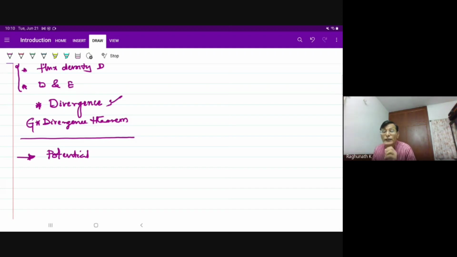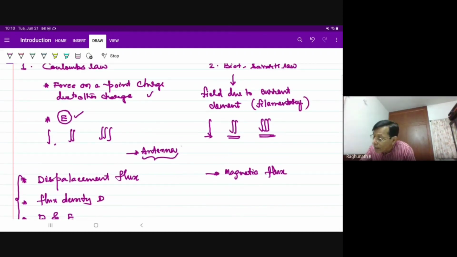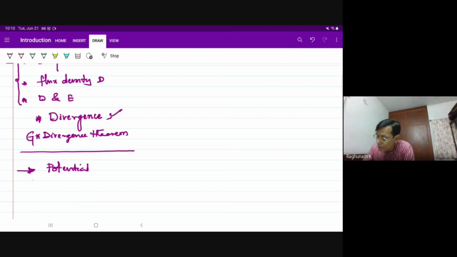Definitely, when I am trying to describe a field, the best way of describing the field is giving the potential at every point. That's why somebody who is studying antennas knows that the magnetic vector potential is the starting point of antennas. It is not the field quantity. Later on, we use the potential and determine the field quantities. That's where it is important for me. I will talk about voltage, potential in the fields, and potential difference to be understood for network analysis. I know any source, voltage source or EMF, creates the potential difference between the terminals. Potential and potential difference I will understand.